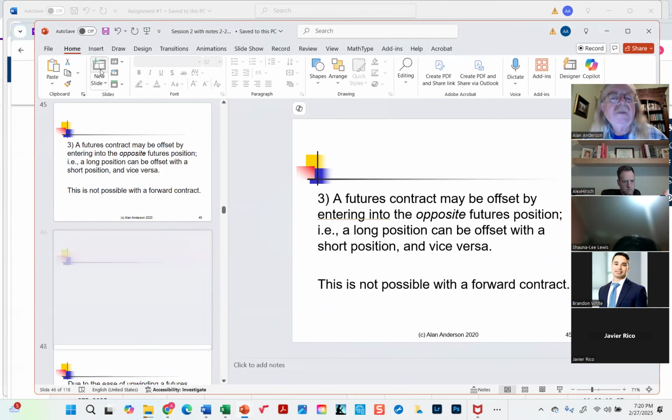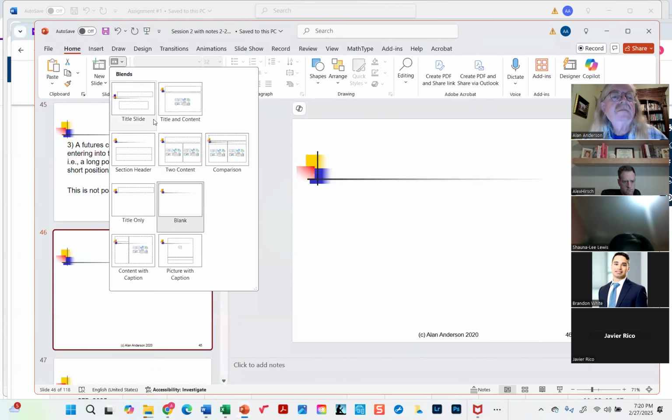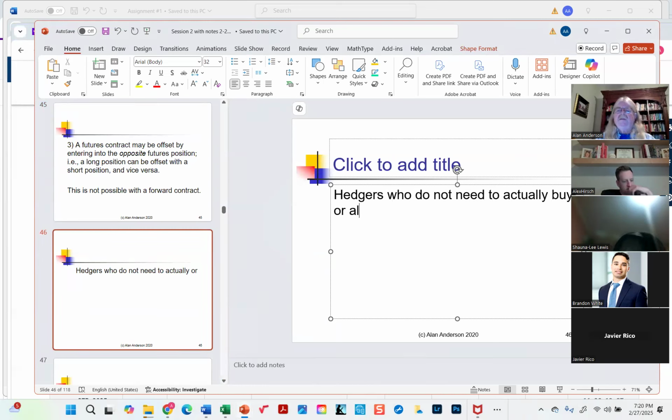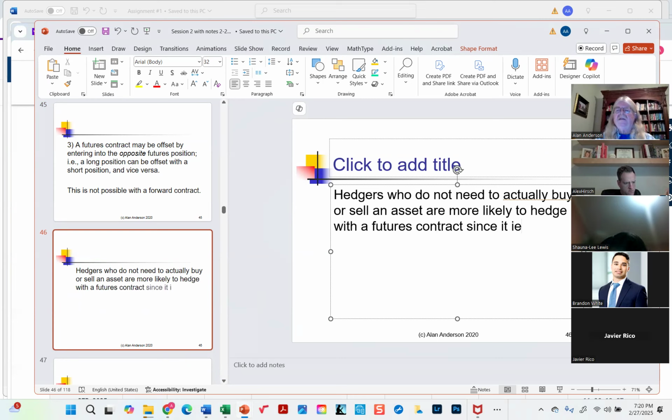So in other words, hedgers who do not need to actually buy or sell an asset are more likely to use a futures contract, since it is easy to unwind. Okay, so in other words, let's say you're just trying to collect a profit, or minimize your losses,